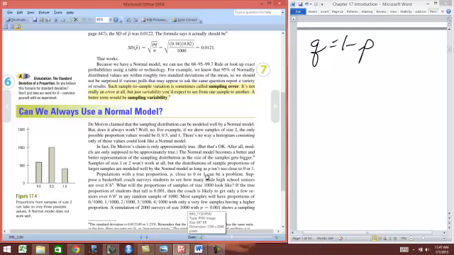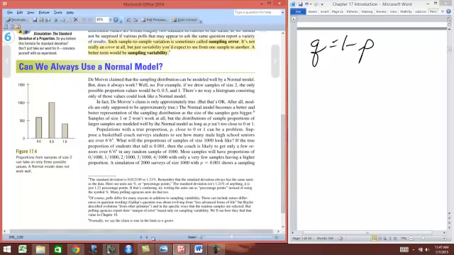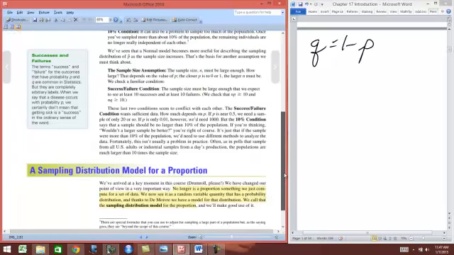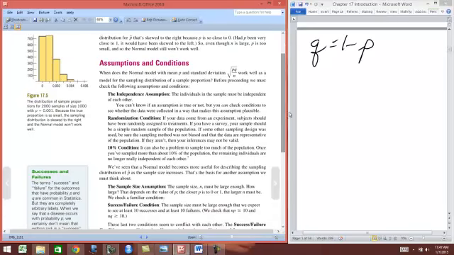The point they're making here is that we're going to have trouble with proportions if p is close to 0 or 1. Then there's going to be trouble. You're probably not going to run into that too much here. Okay, let's go to the next page. All right. Now,